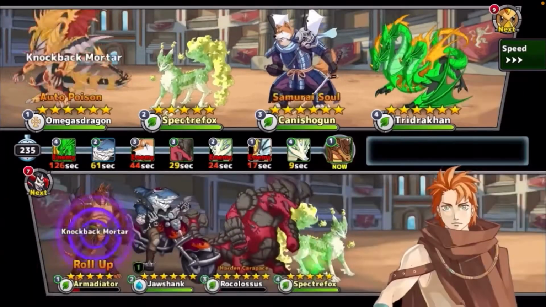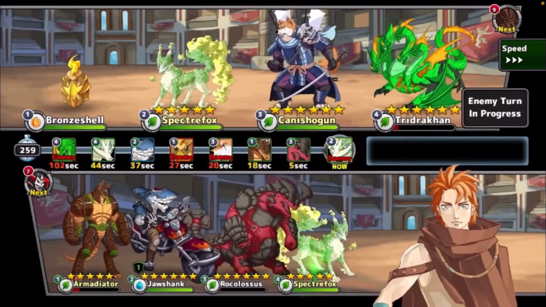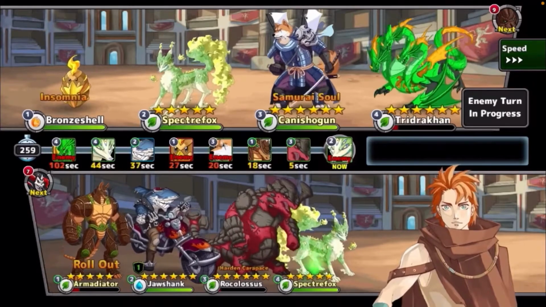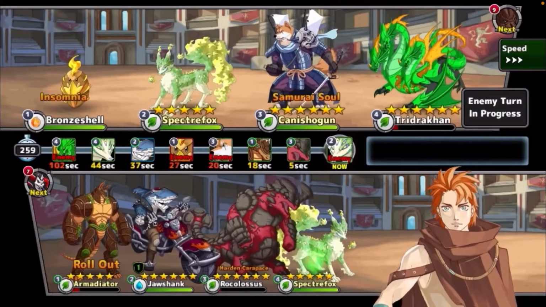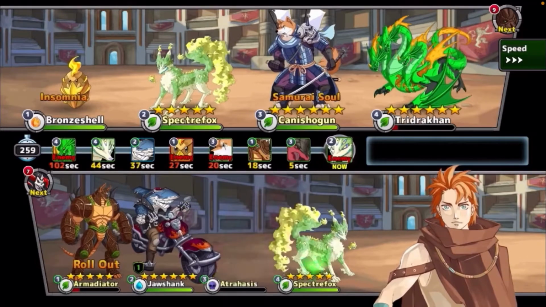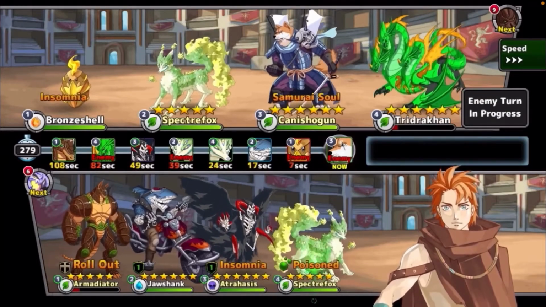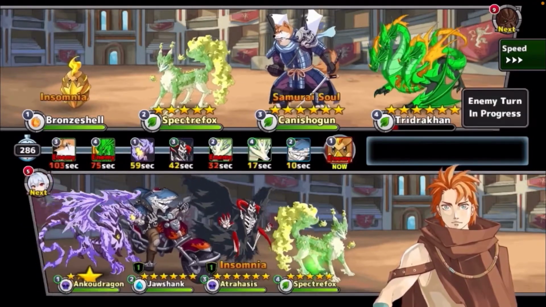Here, I really like using Hellfire Mortar All with Armadiator because with his roll-up passive, when he's at full health, he has an attack boost, and that move does crazy damage. So a lot of the times I pray that the load from Caniswyrm will load him, and I can just Hellfire Mortar All on the first turn because he's also really fast, and that'll just annihilate the entire front line. But here he hit him down past that threshold of having the attack boost,